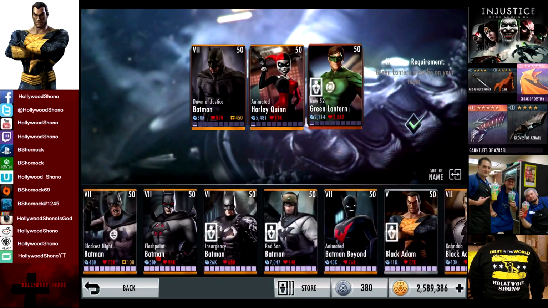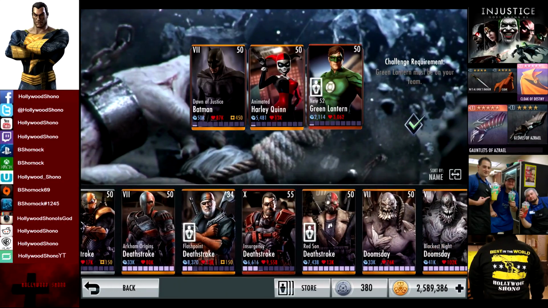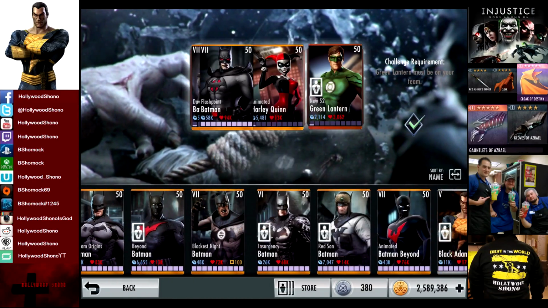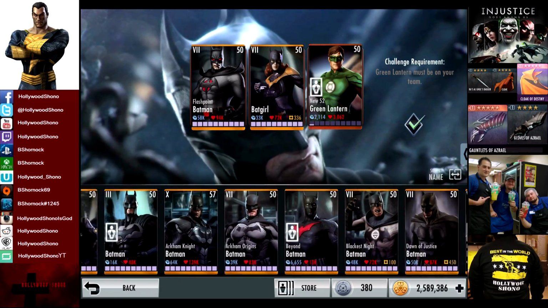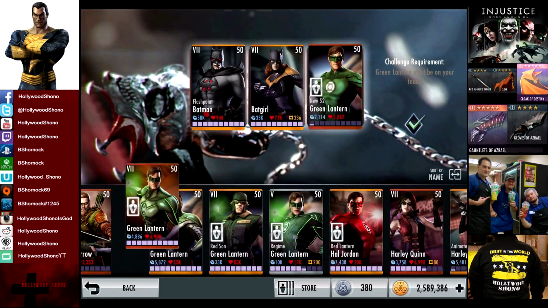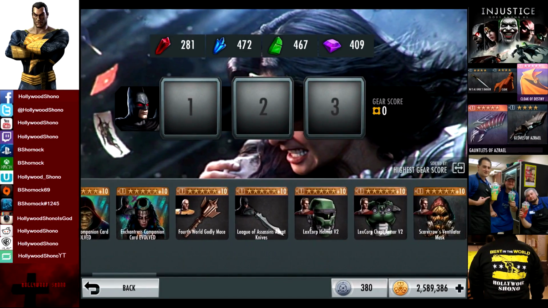So with that said, we're going to throw in Flashpoint Batman. Let's throw in Batgirl so we don't have to use Ra's al Ghul Scimitar. And let's throw in another garbage Green Lantern. Let us throw in Silver Green Lantern. Batman. So with Batgirl, we don't need